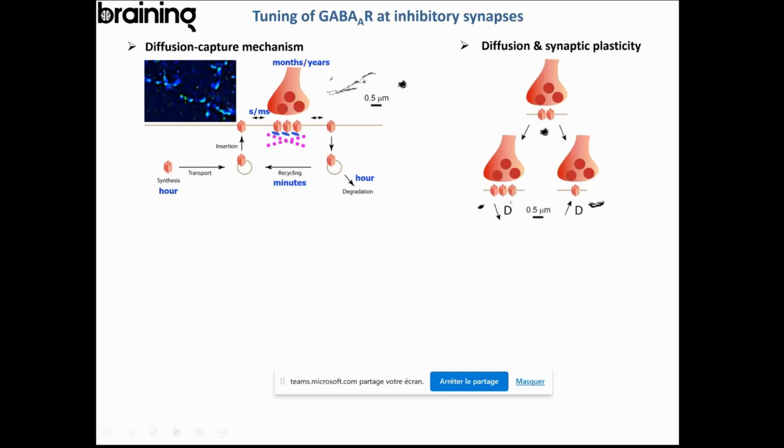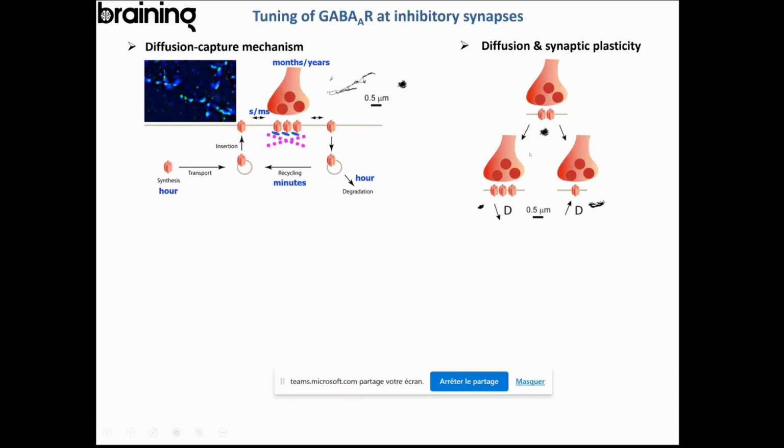And indeed, you can put more receptors in the synapse, or you can put fewer receptors in the synapse. And this roughly corresponds to a potentiation of the synapse or a depression of this synapse. And this can be correlated with a change in the rapid diffusion of the receptor at the synapse. So here I represented a trajectory that actually explores a very large surface of the membrane. And this receptor is extrasynaptic most of the time, while here you can see a more restricted trajectory, which happens